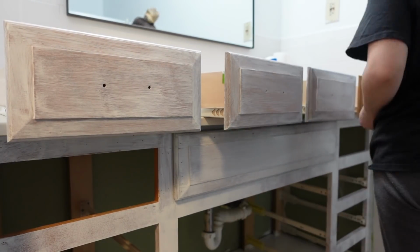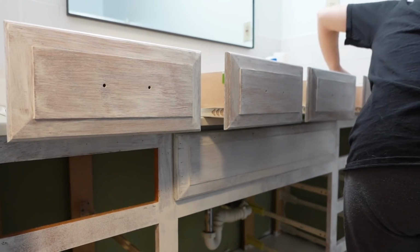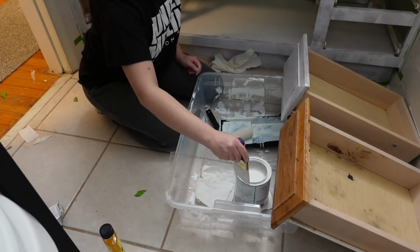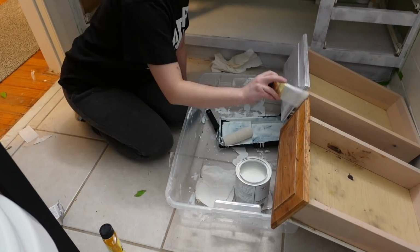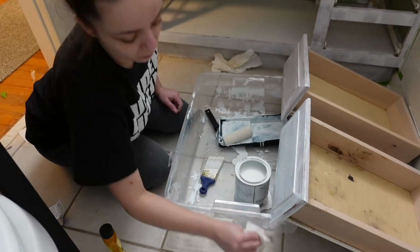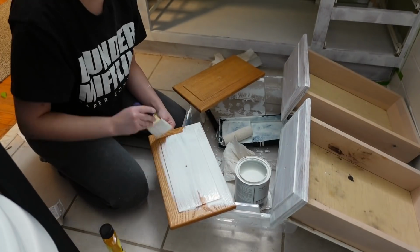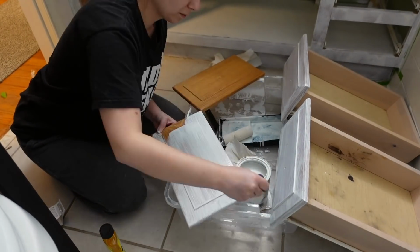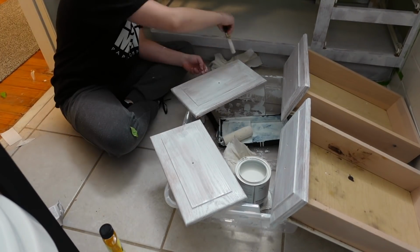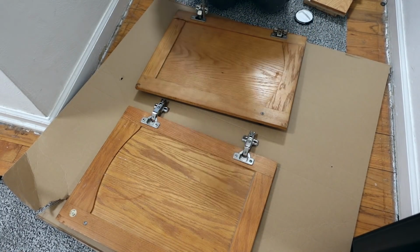The only thing about shellac primer is it dries super quick and gets hard and sticky, but I think that's why things stick to it. So it kind of ruined my paintbrush, and I definitely won't be using this paintbrush for anything but that primer. I was still able to rinse it out, but it dries so quick and it was making the paintbrush hard. I also put primer on the little face plates that I had picked up from